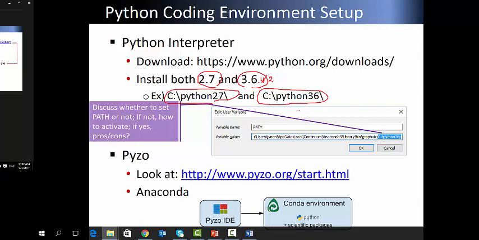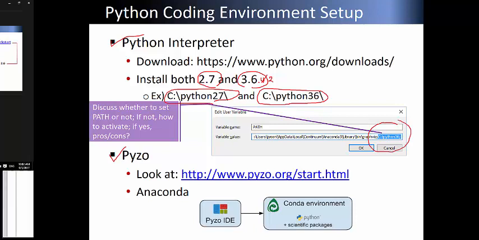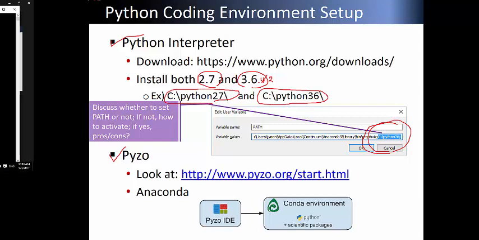Okay. After you do that, I assume you've done. Next thing, the Python interpreter is installed, right? It's done. And the next thing is Python. So these things you may or may not need to do. You can run selectively, which means, as I said to you,